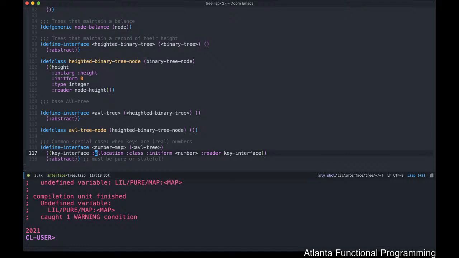By default, most slot variables in the Common Lisp Object System are defaulted to having allocation type instance, which means when the object is constructed, it will go ahead and instantiate those slots. That is, unless you specify that the allocation level of a particular slot is at the class level, which usually means that there will be